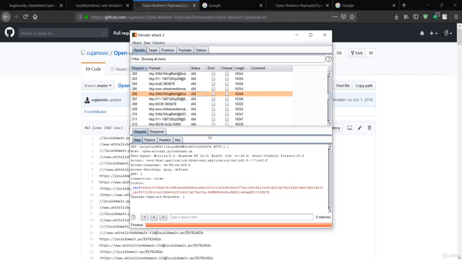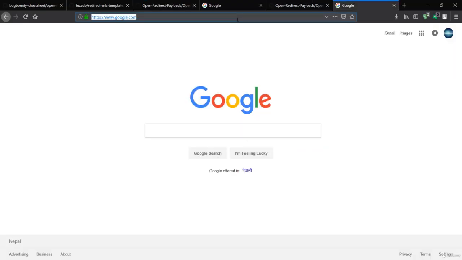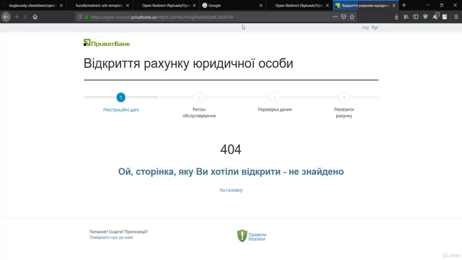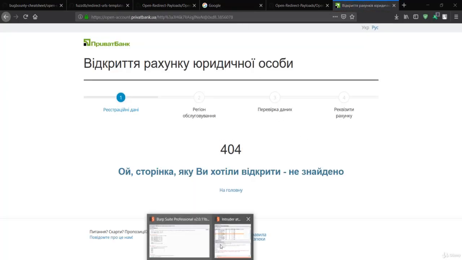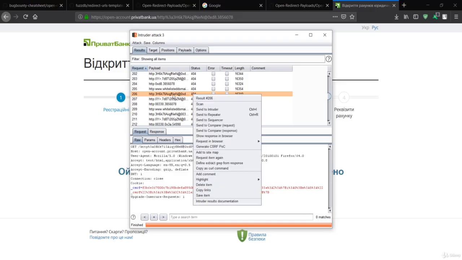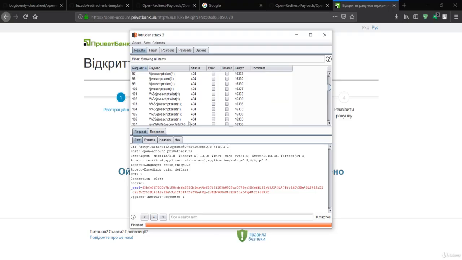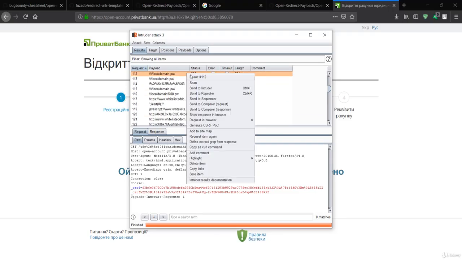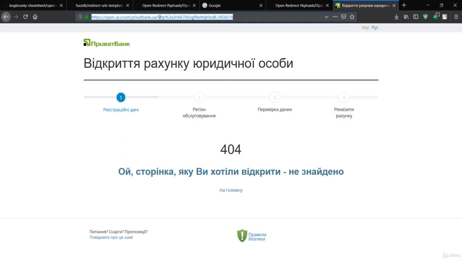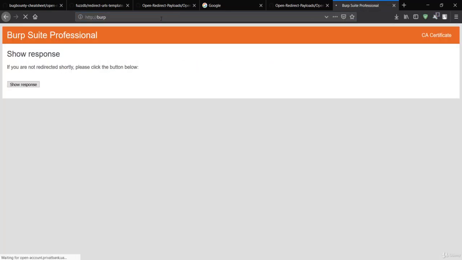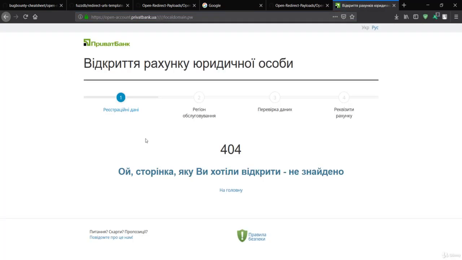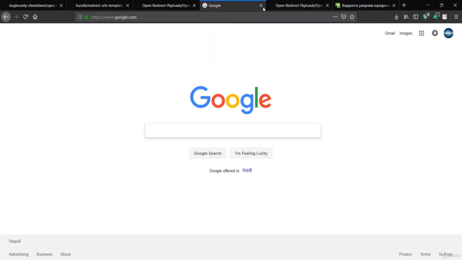So you should not simply copy this, and it is useless to see the response in the browser because it has 404. That means it is not valid. This status code means not found, or basically it does not have the URL redirection. So we just search for the code that is 301, and we see the response in the browser. Some of these will work and some won't, but that is basically what happens in bug hunting. So this is the way to work with open redirect through the path fragment.